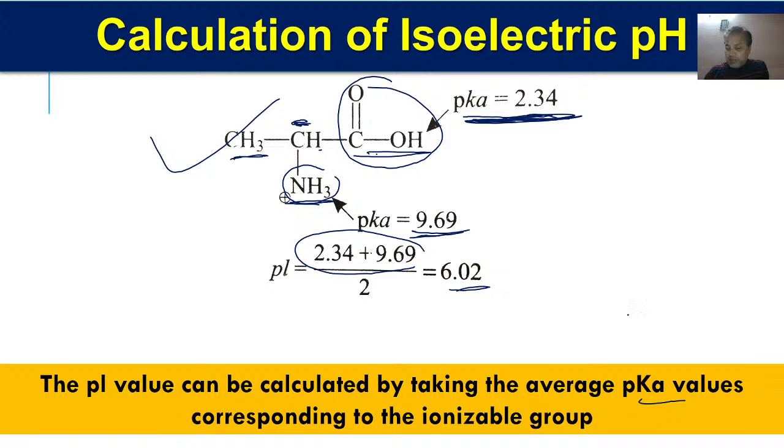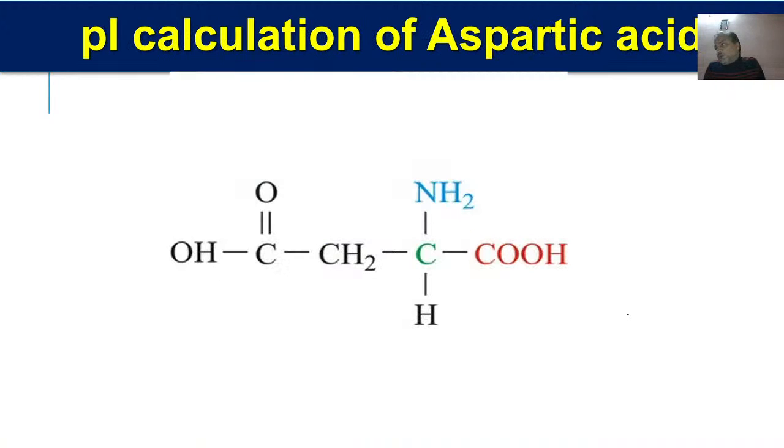Difficulty will come when we have 3 or more ionizable groups. This is an example of aspartic acid. In this aspartic acid,